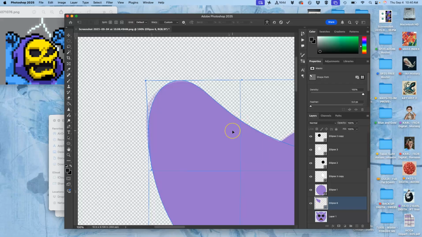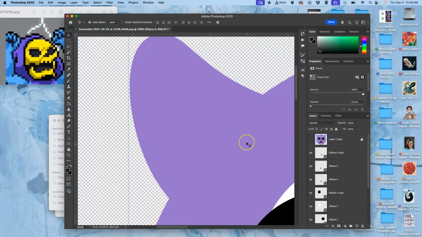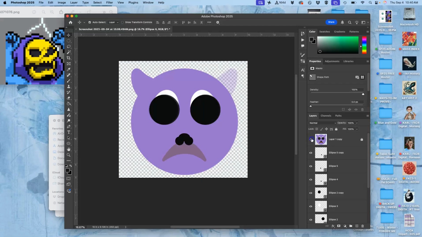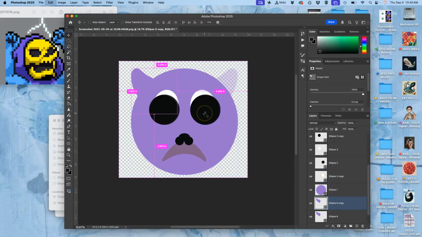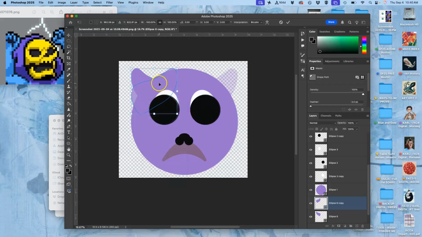Good, but this will all teach you. So now, how do I get the horn to match on the other side? Right? I duplicate it, Command J, Command T to free transform it, right click, flip it horizontally, like a reflection, and then move it over until it matches. So that's probably the trickiest shape in this emoji, just matching